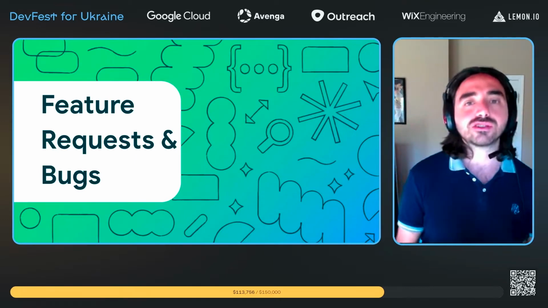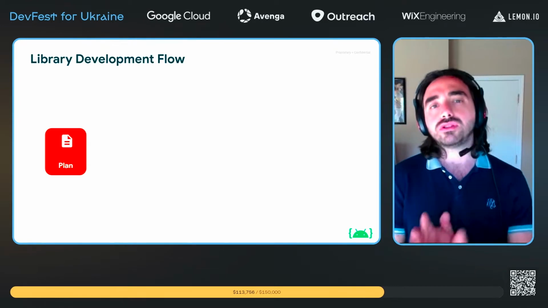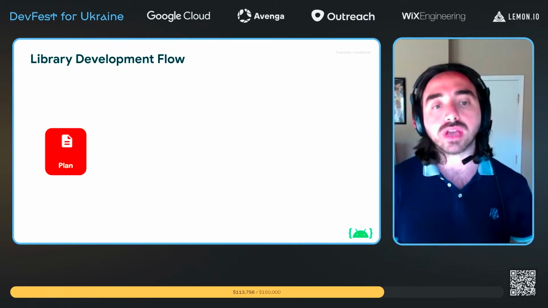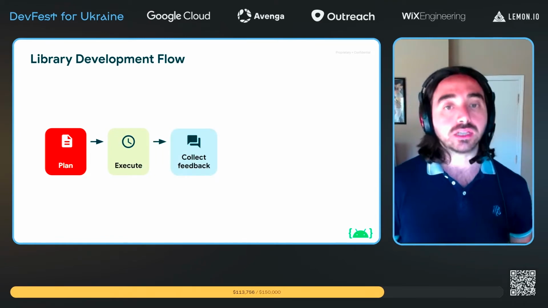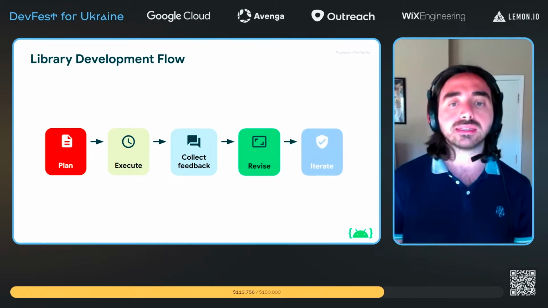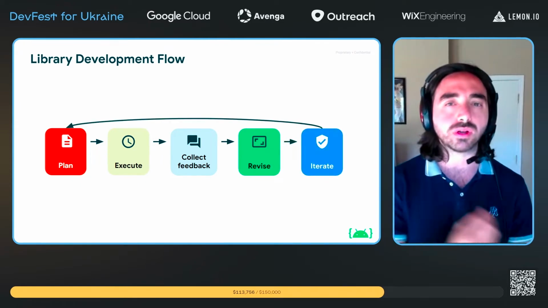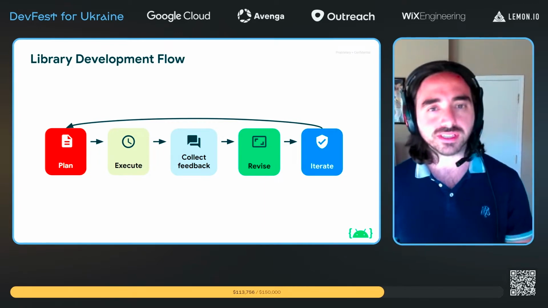Now, let's talk about feature requests and bugs. In terms of how you develop these libraries, you obviously need to have a plan upfront. You execute on that plan, and then you collect feedback from the developers, you revise it, and then iterate. This should be your main flow as you develop the libraries. And when you receive a feature request coming from people,